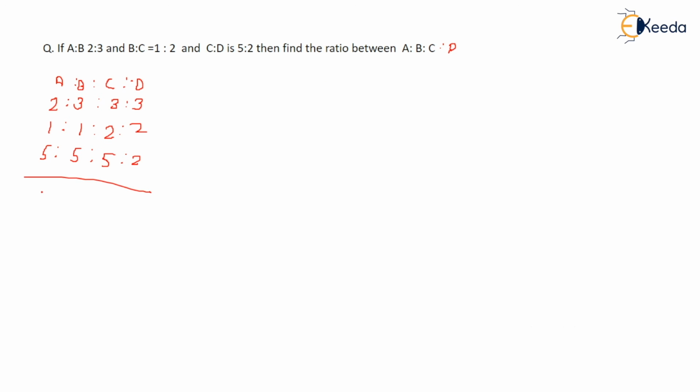After solving this, you will get A as 10, B as 15, C as 6 into 5, that is 30, and D as 4 into 3, that is 12. Now you cannot cut it further, because 12 is there, and if you cut with 2, 15 is there, so it cannot be cut. So this will be the ratio of A, B, C, D. Thank you.